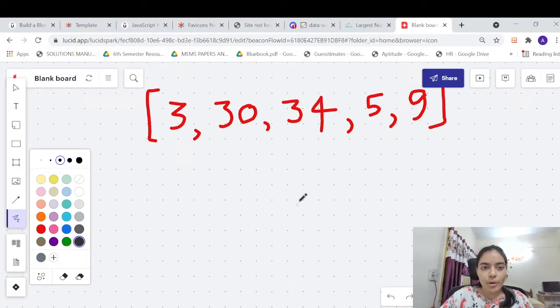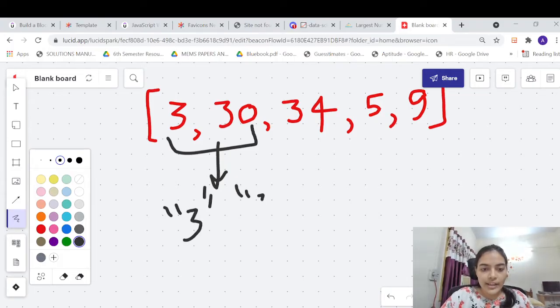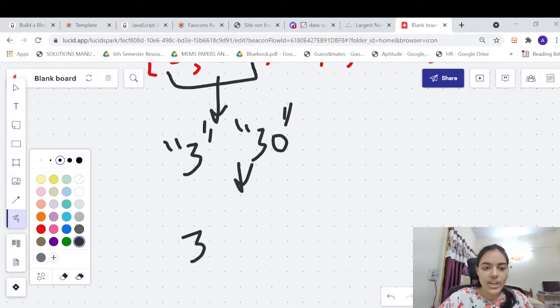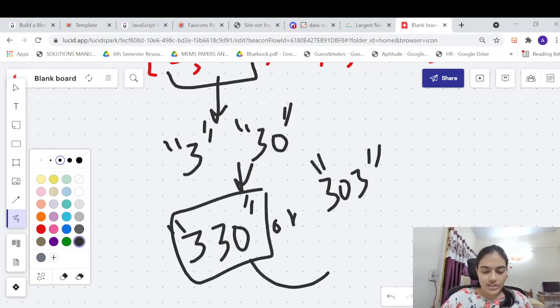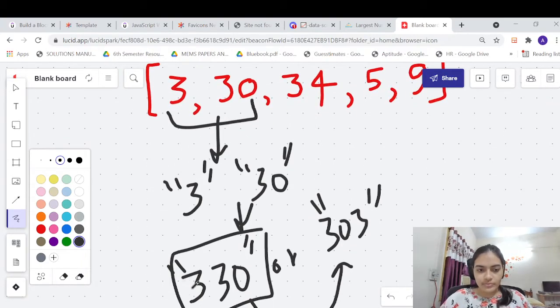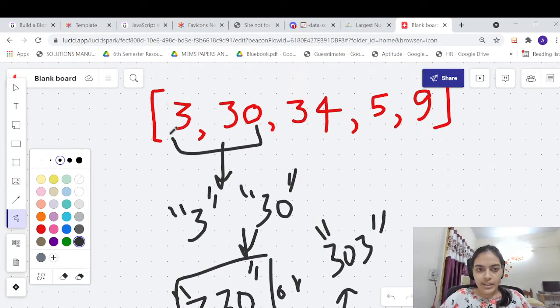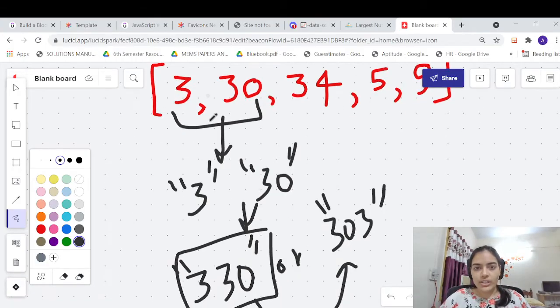How is it going to solve the problem? Let's say you want to decide which of these numbers you want to place. Write them as strings. You write 3 and 30 as strings, and then you simply define a simple logic to check which string is bigger, either the string 330 or the string 303. So we know that the string 330 is larger than the string 303. So in this case, what you are going to do? You are going to let 3 remain first, okay, then 30. So this is your sorting logic.